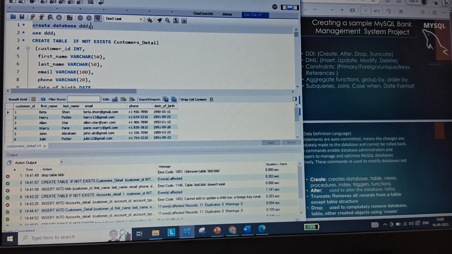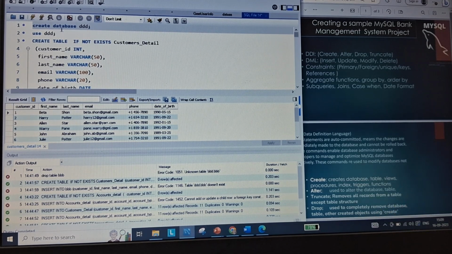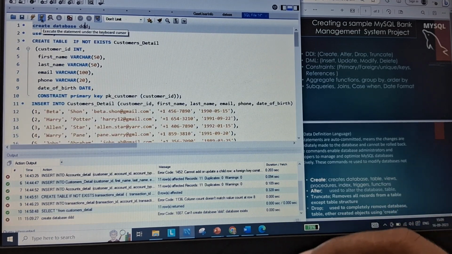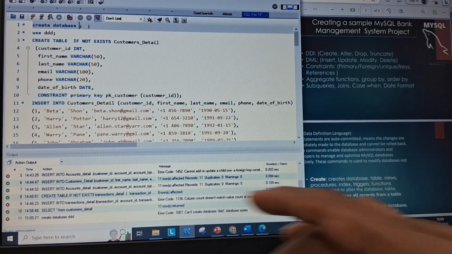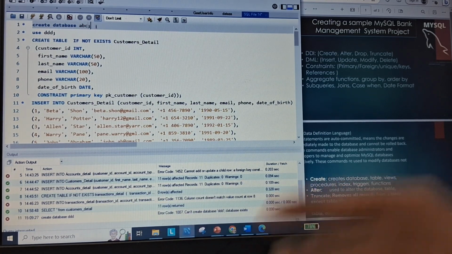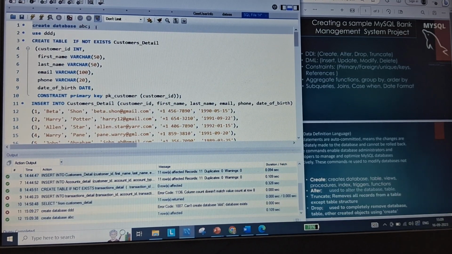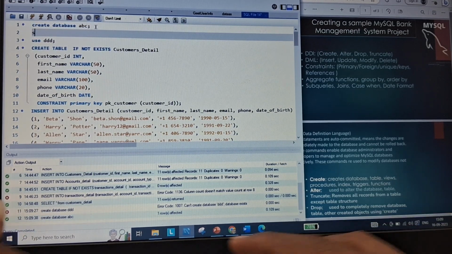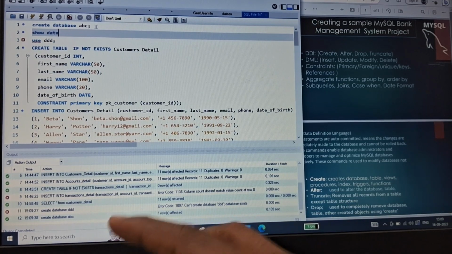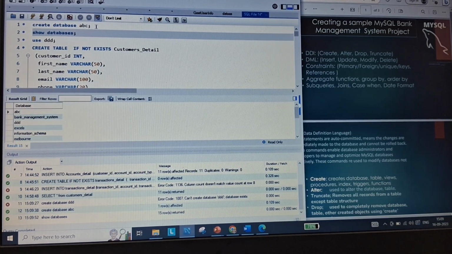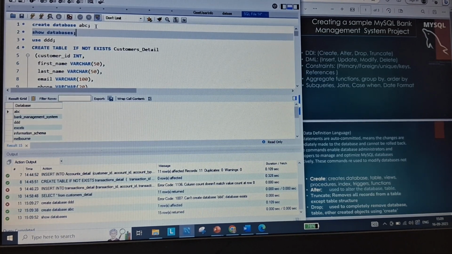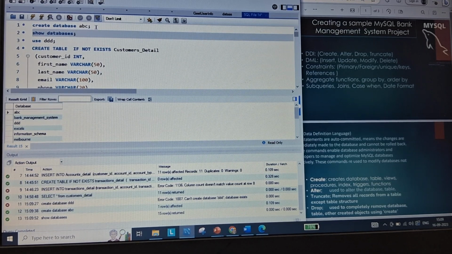So create database DDT. It is giving me an error that the database already exists. So I'm just giving it the name ABC. The database has been created. You can check by typing show databases. It will give you the names, like we already have ABC has been created.